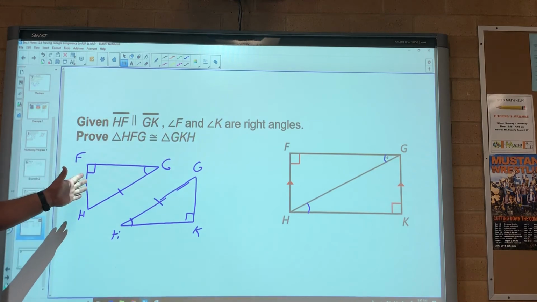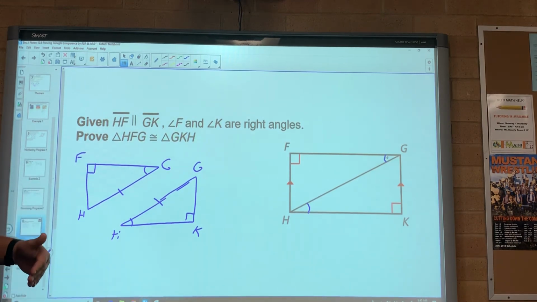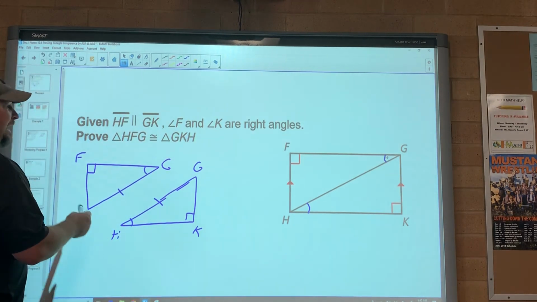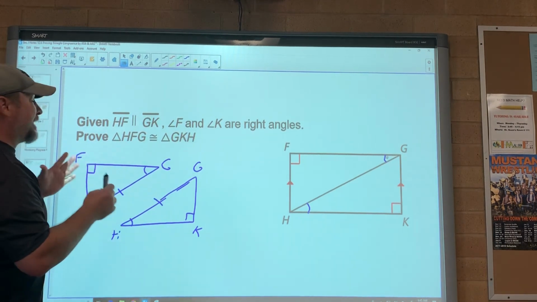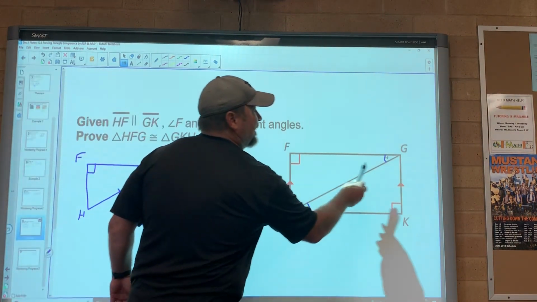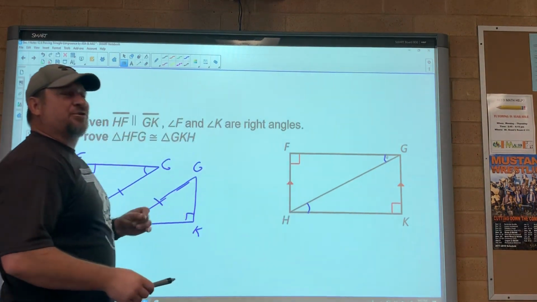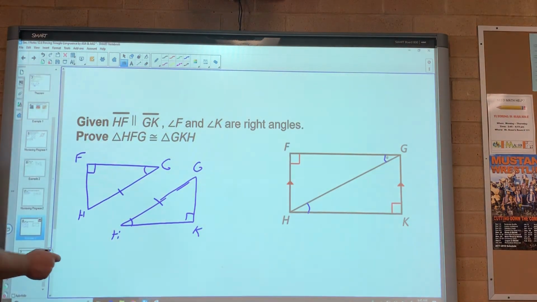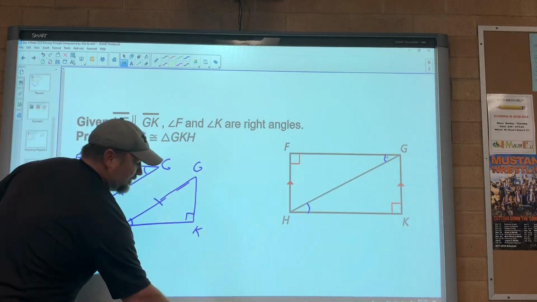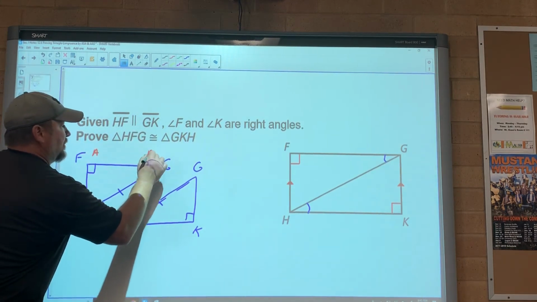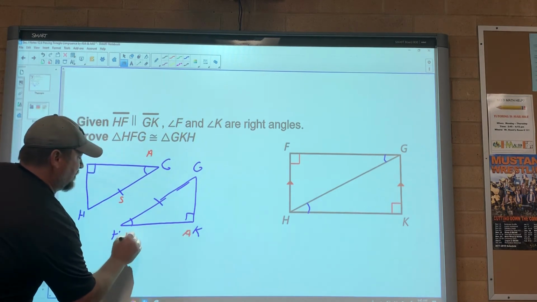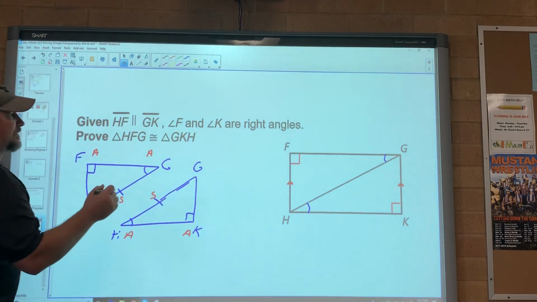It does have a 90, but I'm not going to test hypotenuse leg because look, only the hypotenuse is marked and there's no other legs marked, and you cannot mark them. These are parallel markings, not side markings. You have to make sure you understand the difference. So we have an angle, a non-included side. Angle, non-included side. So I'm going to say yes